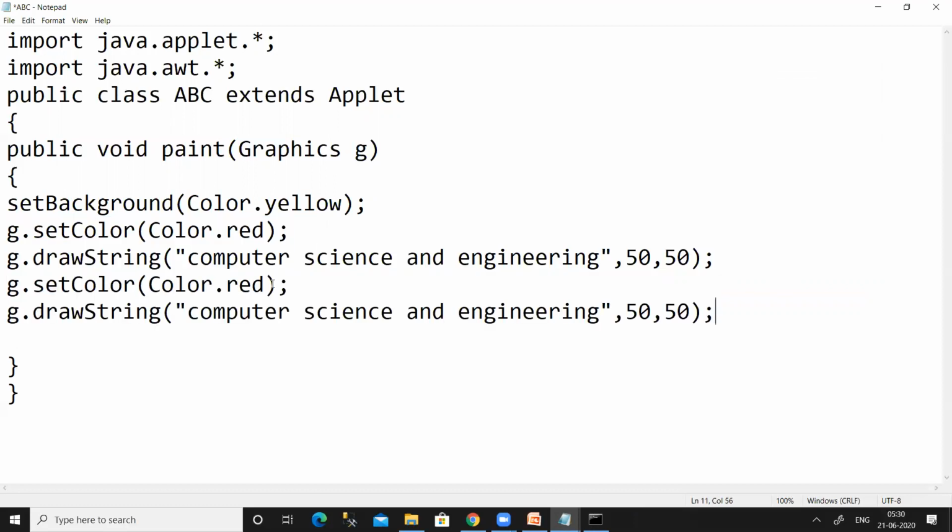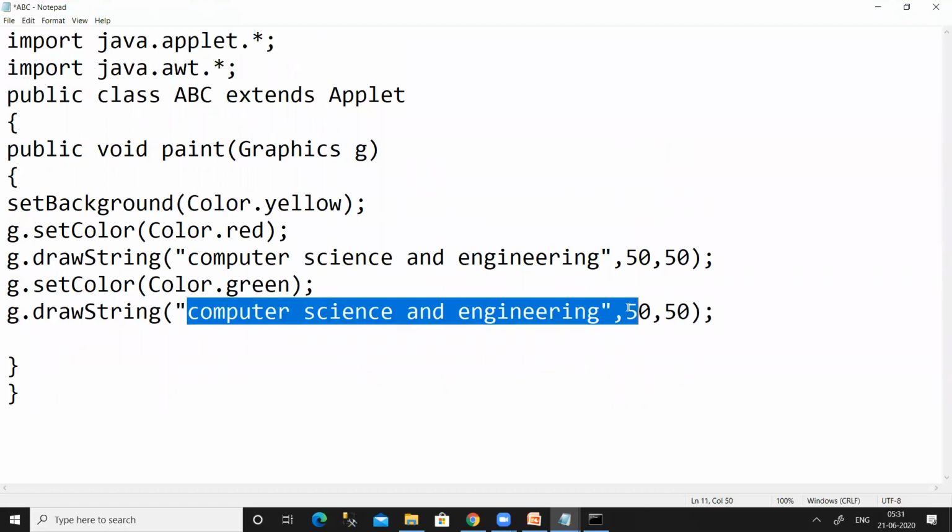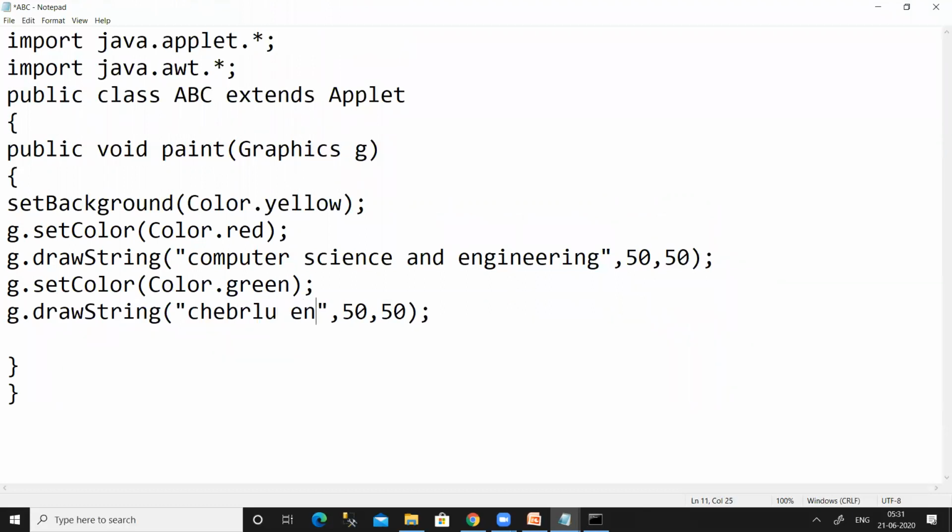Let us copy and paste and change the things. I want to print the college name in green color, so let us take Chebrolu Engineering College, and I want to print this at a position of 100 comma 100.